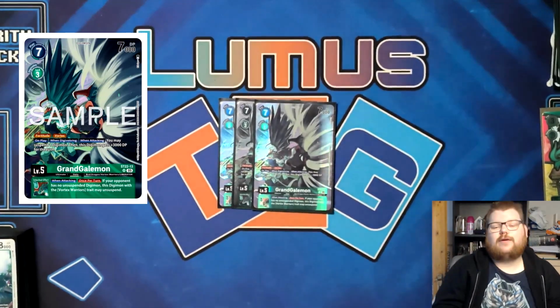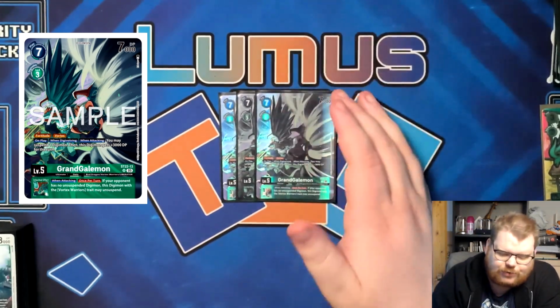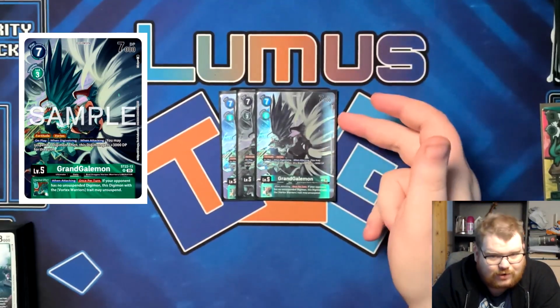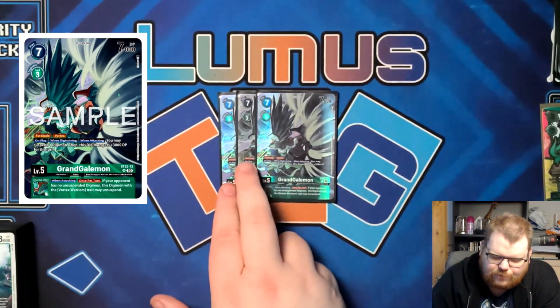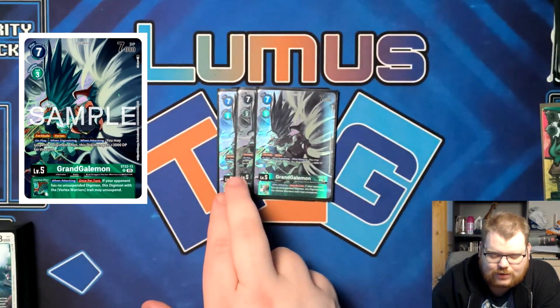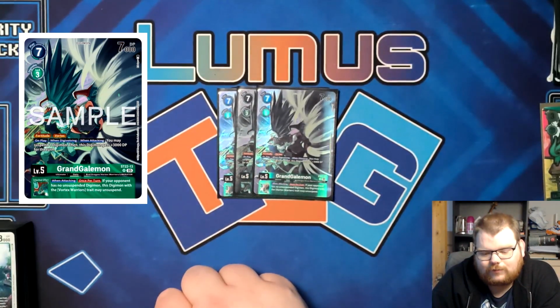Then when you Digivolve over him for like extra aggression, if they've got no unsuspended Digimon, which there's a good chance they won't, between your Galemon and now your Grand Gale, then you're going to be unsuspending for even more checks. So he can get rather crazy. But absolutely fantastic card. He is the MVP of the level 5s of the deck. And